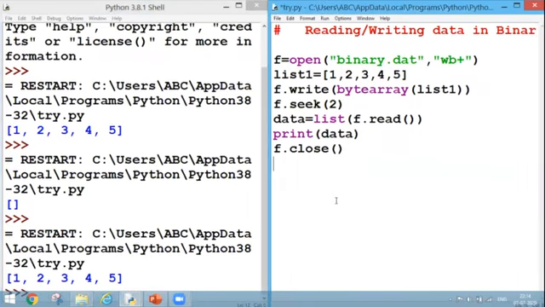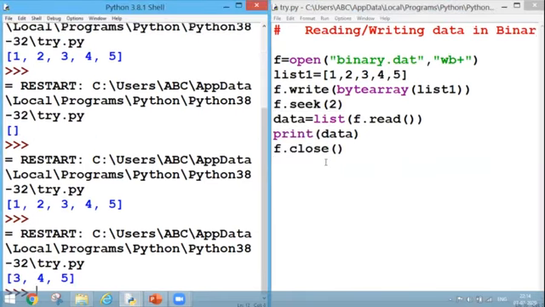After executing this, I have written f.seek(2). So what will happen? F5. And as we can see, from the third byte it has read the data 3, 4 and 5. So the first 2 bytes are discarded completely. That means these are not read from the file. Similarly, this is about my read operation.